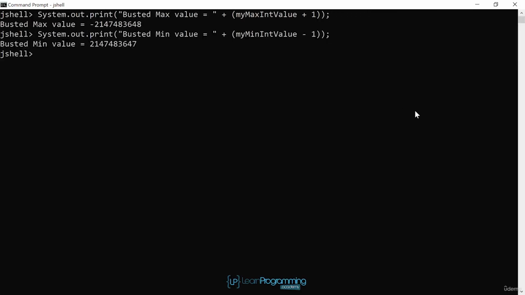In addition to the problem of underflow and overflow, assigning a literal number that's outside of the valid range for a variable will throw an error. Let's take a look at an example. First, let's print out what that maximum value is again. System.out.print("Integer maximum value = " + Integer.MAX_VALUE);